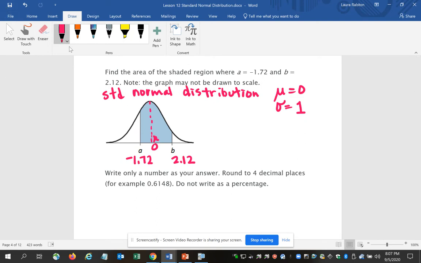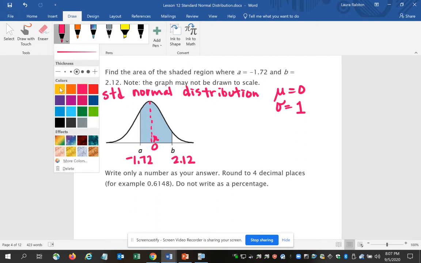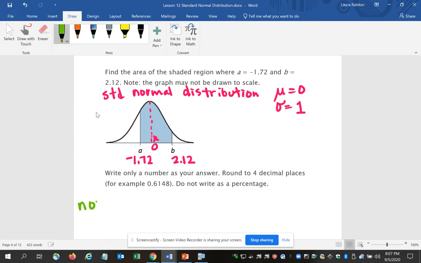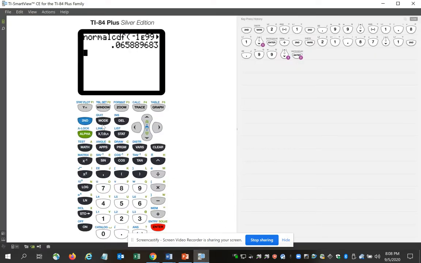So this is a between. It actually gives you a beginning point and an ending point. So we would type normalCDF left to right. My lower limit is negative 1.72 to 2.12. My mean is 0. Standard deviation is 1. Type it in the calculator. So we do second vars, option 2, normalCDF. We're beginning at negative